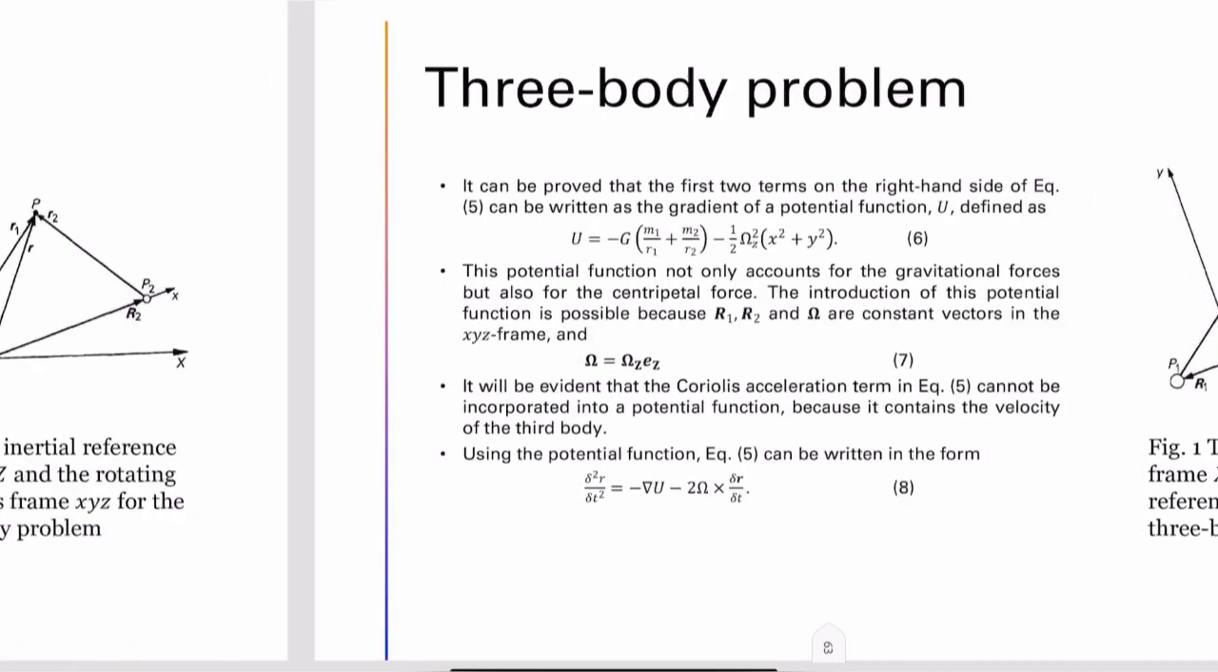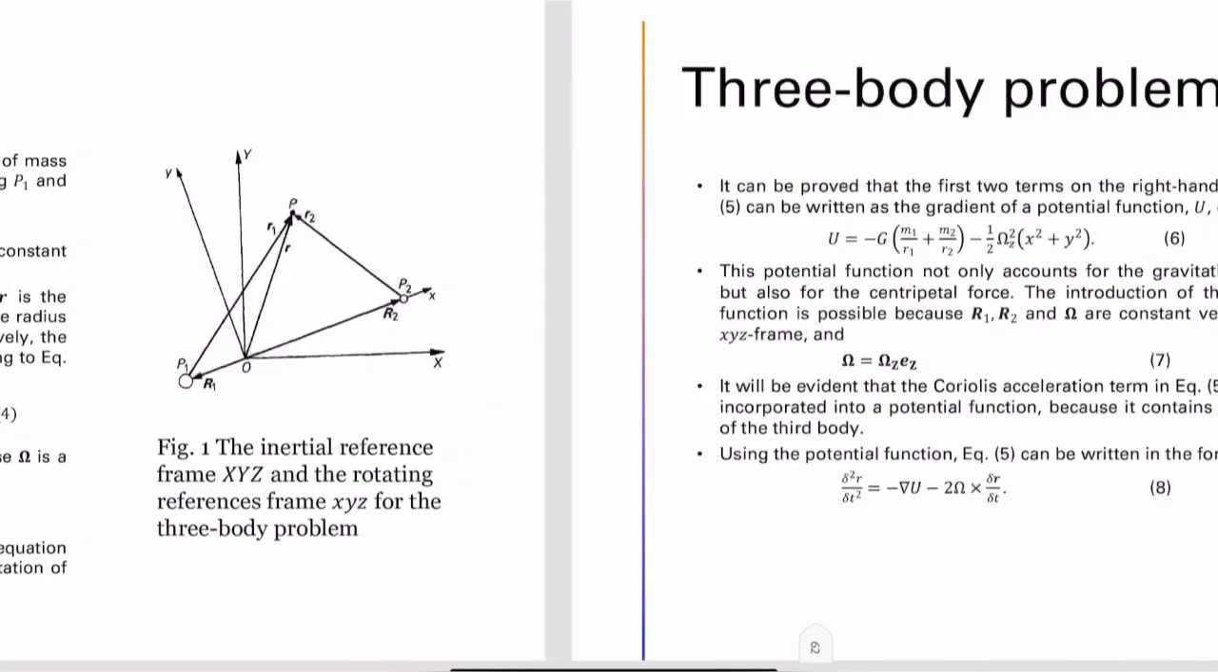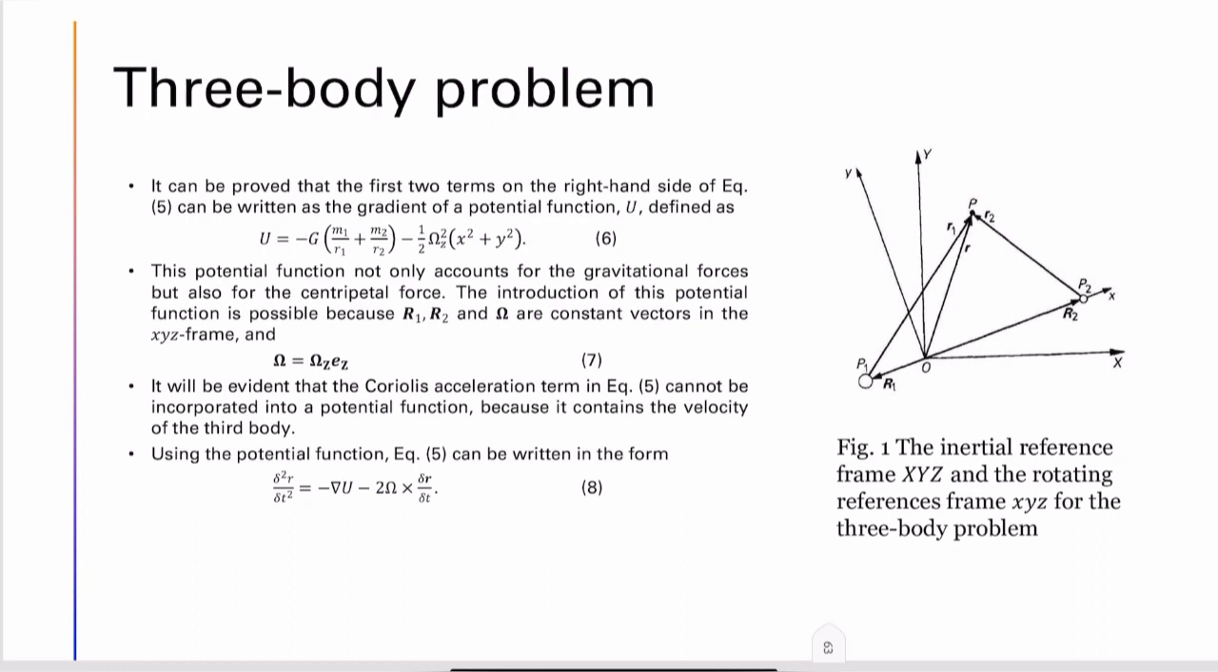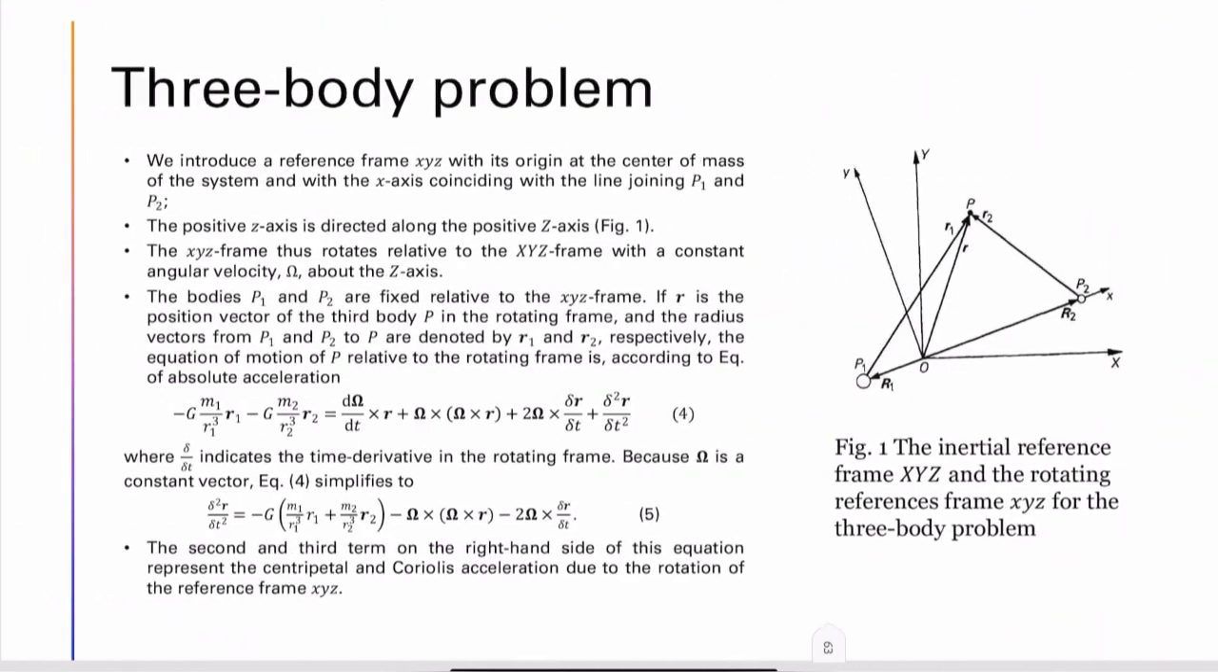So here you can see this one is the centripetal force. This first one is due to the centripetal. The second term represents the centripetal acceleration, and the first term represents the potential energy, the normal energy. So now we can say that on the right hand side, the first two terms form a potential function. I have written the first two terms by expanding